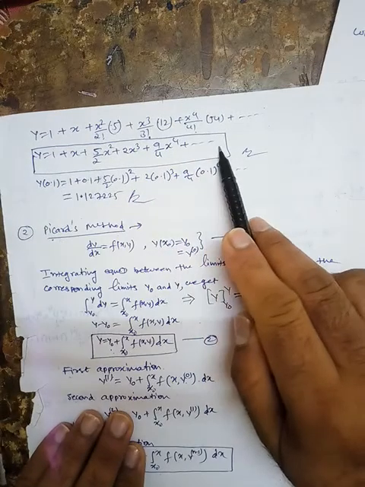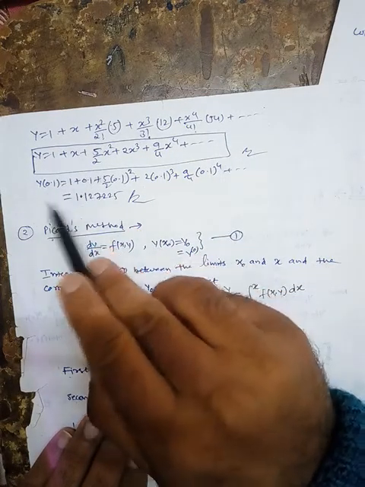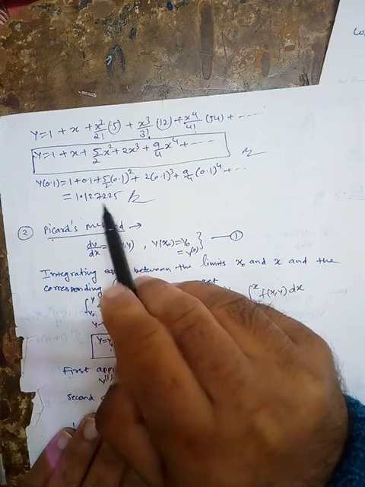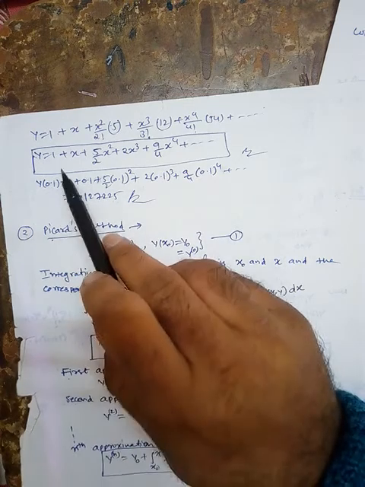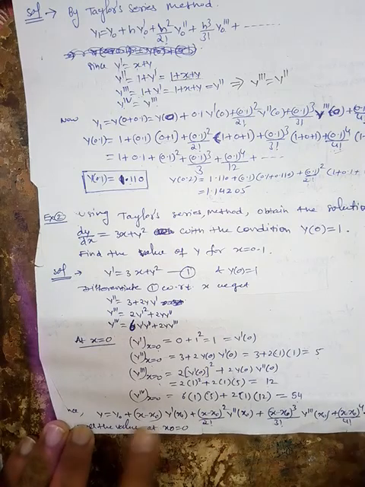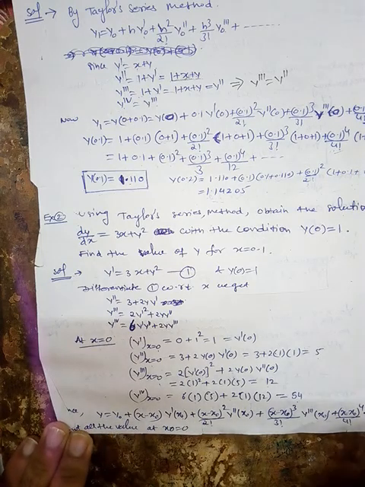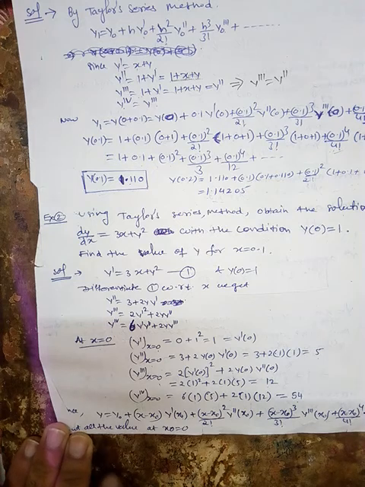So this is the general series. Now here you can put x equal to say 0.1. So we will get the solution 1.127225. Similarly, using this y1, you can find out y2. So this is the way you can find out the solution.